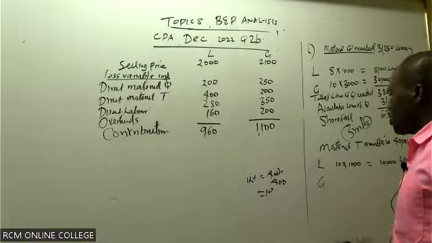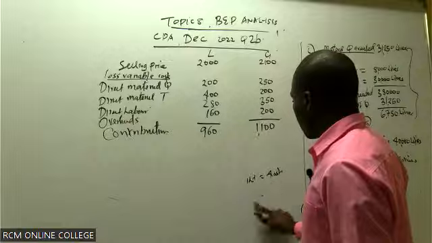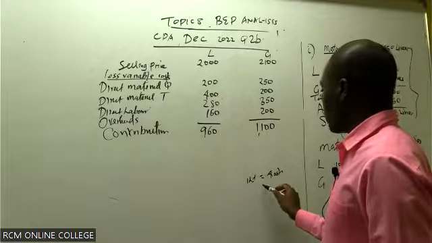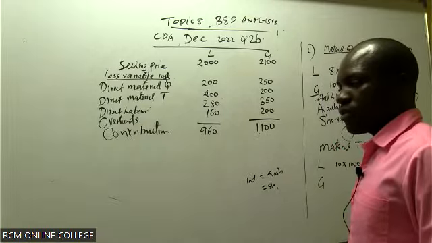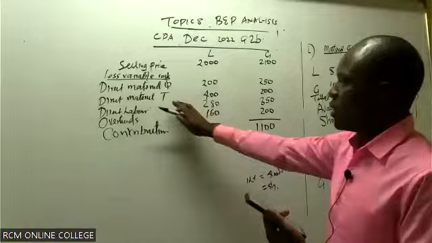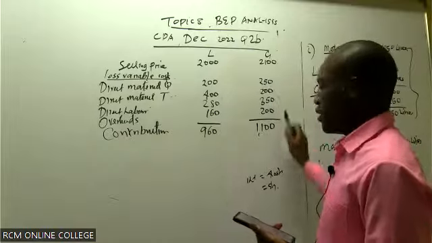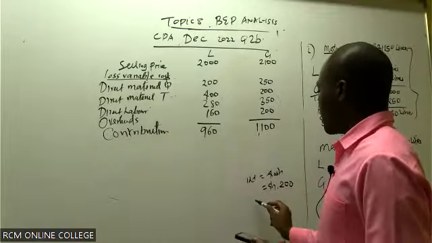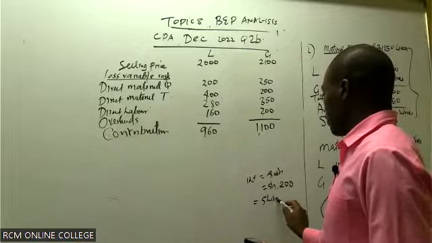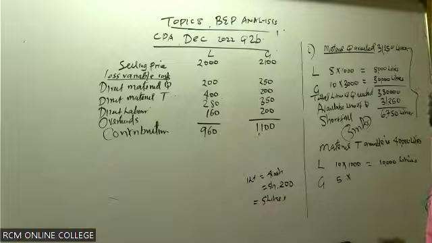Then we come to G. For them, 1 liter is equivalent to 40 shillings. But how much did they spend to produce 1 unit of G? You are given material T, 40 shillings per liter, then the amount, 200. They spend 200 shillings. So how many liters did they use to produce 1 unit of G? They used 5 liters. Now come to G and use your 5 liters, multiply by the units demanded by the